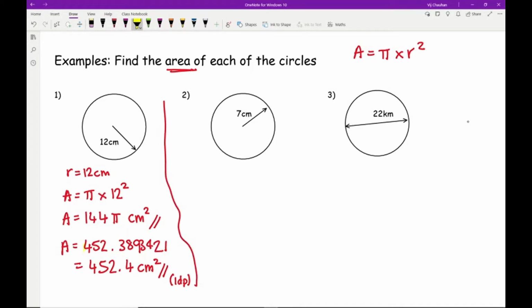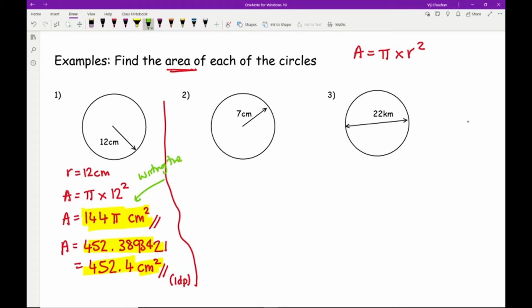So you could get full marks just by writing what's on your calculator, but again, don't forget the units. You could round it up, or you could leave your answer in terms of pi, and again making sure that you are writing the units there. So this here is writing